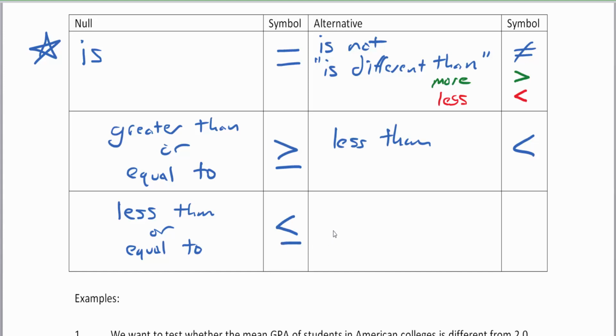If you're going to be contrary to that, then you're just going to be more than that. Okay? Just going to be more than. Now, the purpose of showing you this table is to highlight opposites. The opposite of equal to is not equal to. And in some cases, greater than or less than, depending on the purpose. But the opposite of greater than or equal to is less than, and the opposite of less than or equal